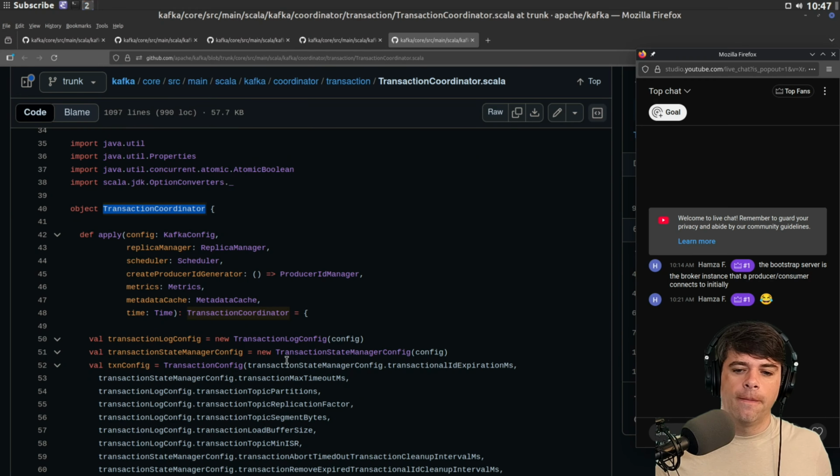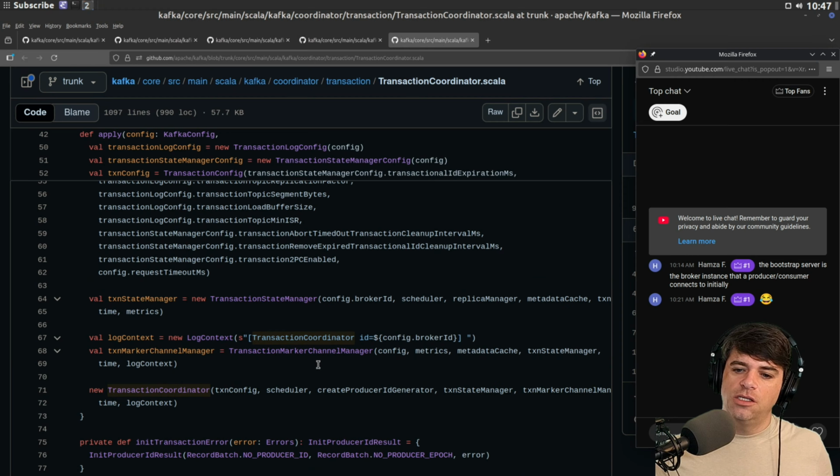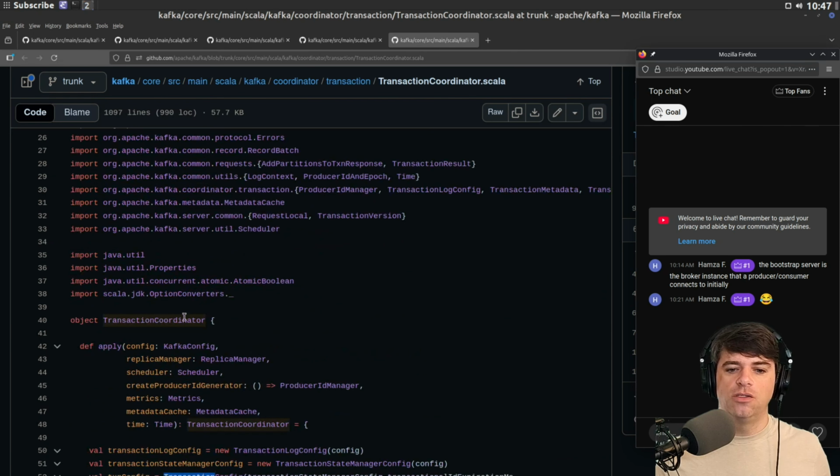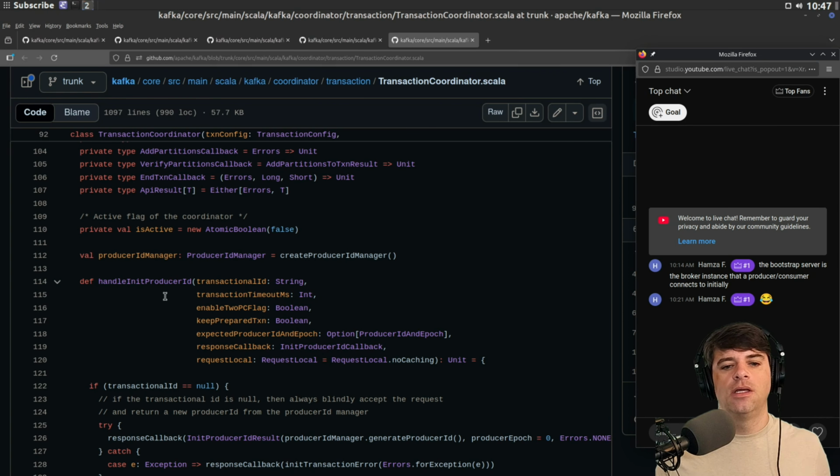So what is it mutating? You've got this transaction config. It just seems to be passing stuff in. I guess maybe the mutation happens before you call it. You don't know. You don't give it an old transaction coordinator, do you? Maybe we're just thinking of the apply as being like you're applying the config or something like that. I'm not sure. I don't know how to think of this yet.